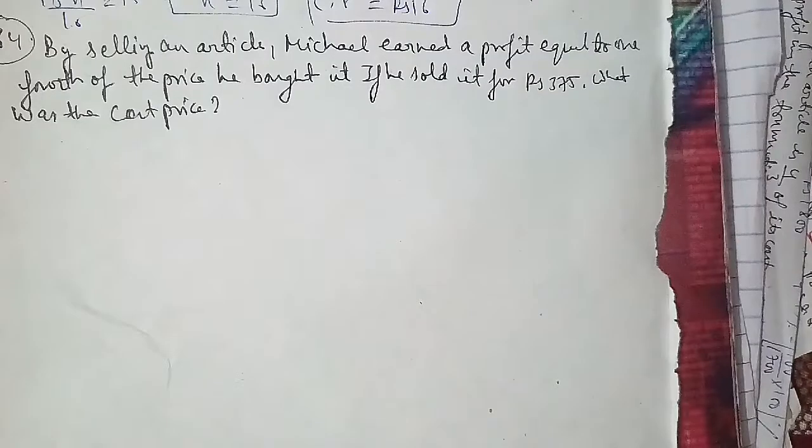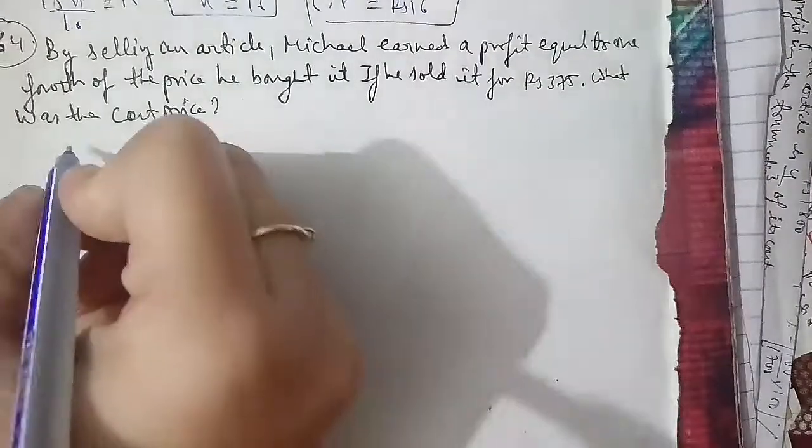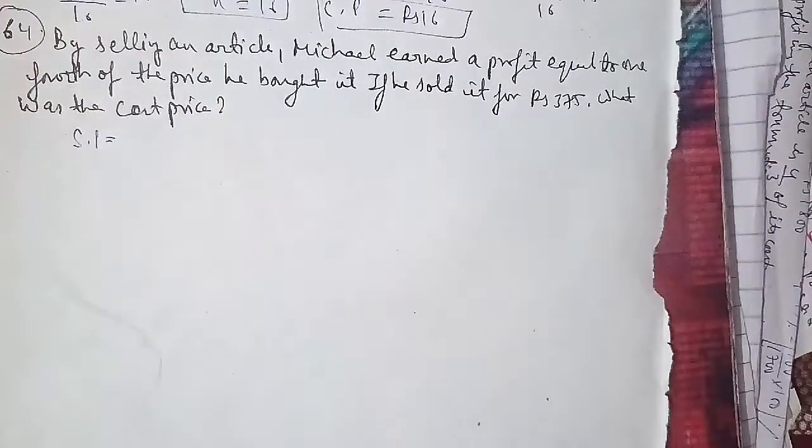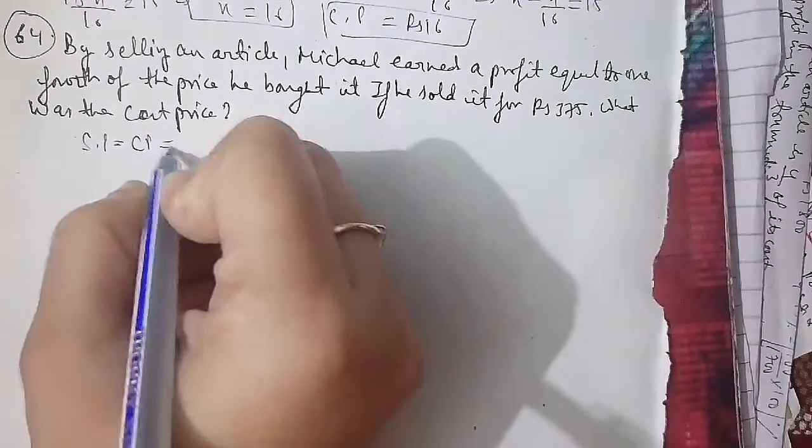So we go ahead here for finding it out. SP is equal to CP plus profit, that is equal to